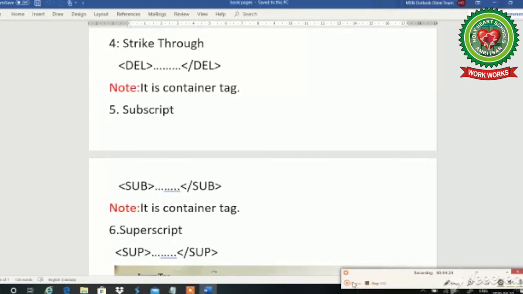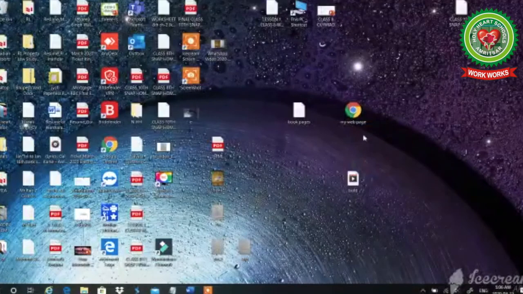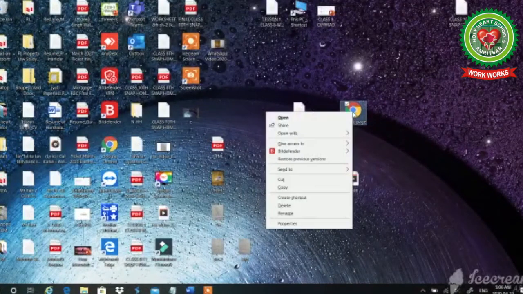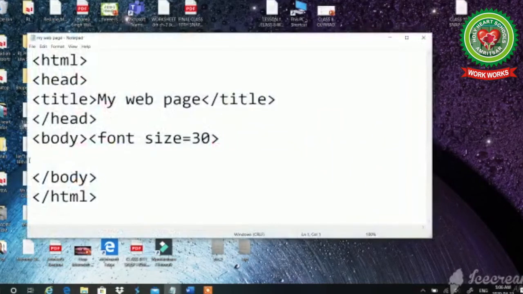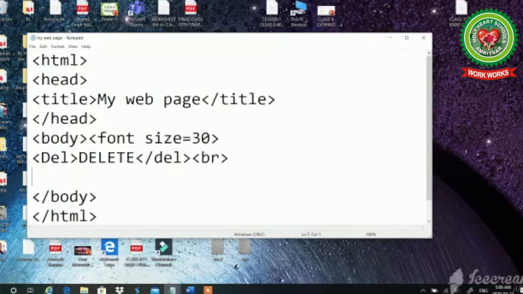Now I will show you the practical of these tags. I will open my notepad. I'll start typing del. I'll use del. I will type my text. And I will close this del tag. Then I'll use the next tag, that is subscript.